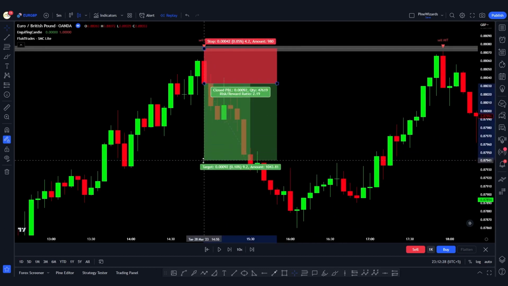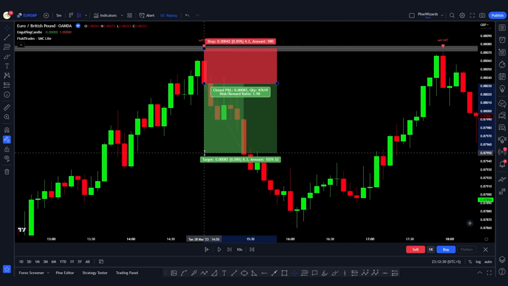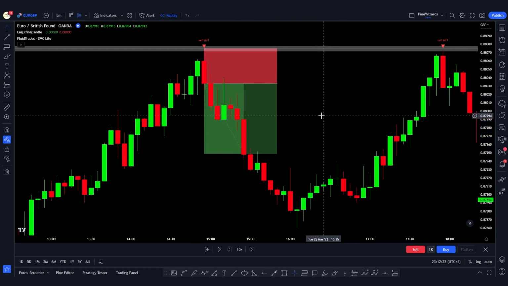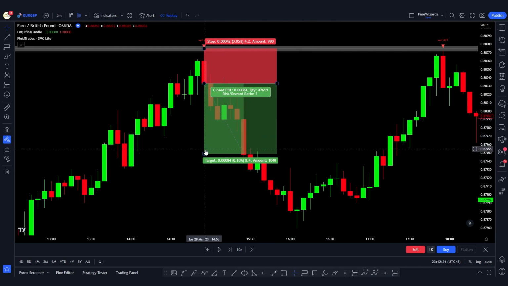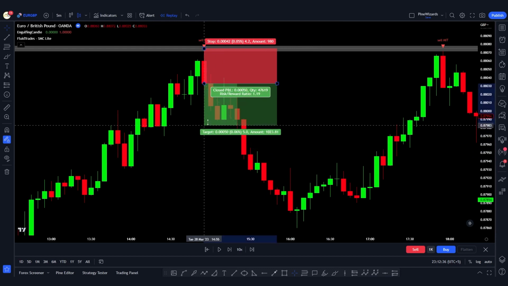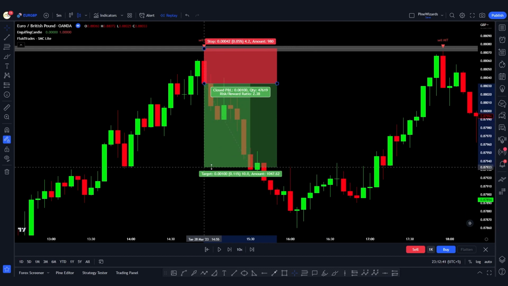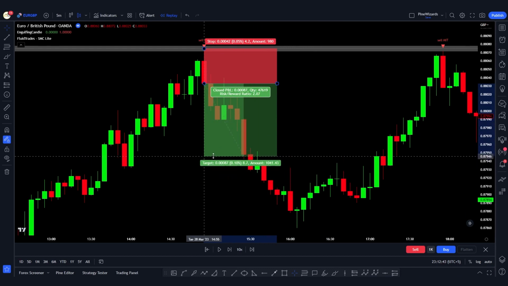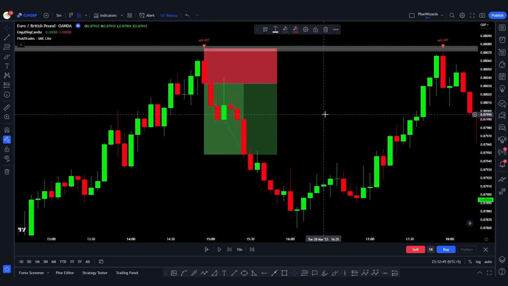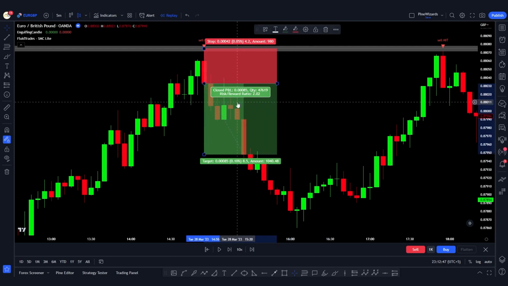So if we go ahead and look at this, our 2:1 ratio is met. But one way to manage your risk properly is that you can break even your trade once a 1:1 ratio is met, so that you are safe from stop loss, and then you can target the 2:1 ratio again. So as you can see, this trade was in our favor and we were able to generate our 2:1